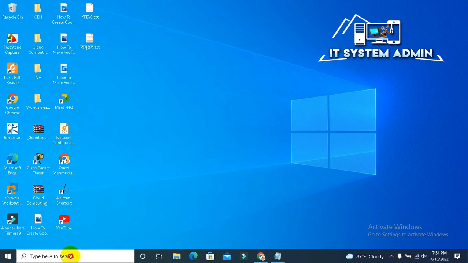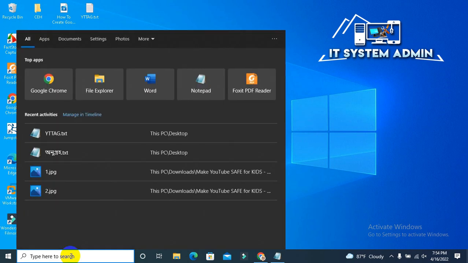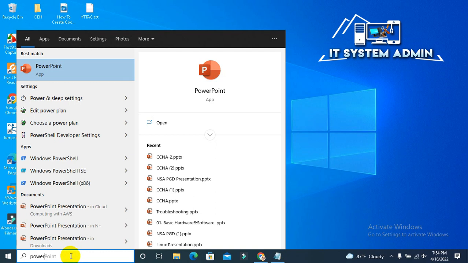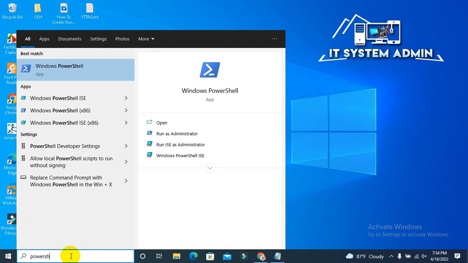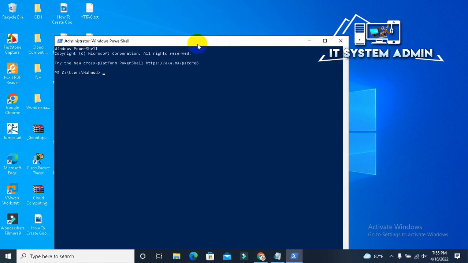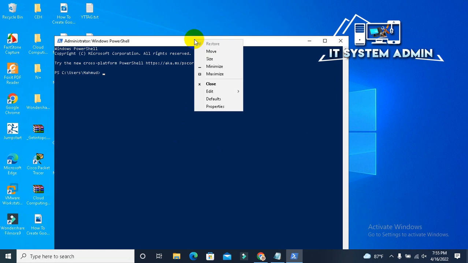Now click on the search bar, type PowerShell. Right click on Windows PowerShell. Click on Run as Administrator. Windows PowerShell has been opened. Now I'm going to